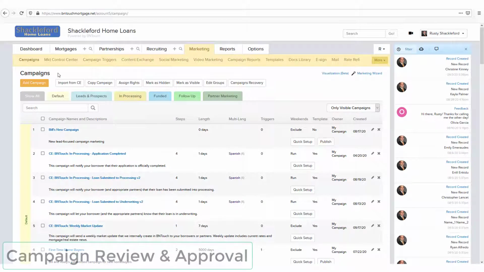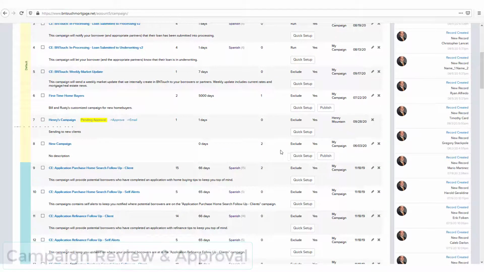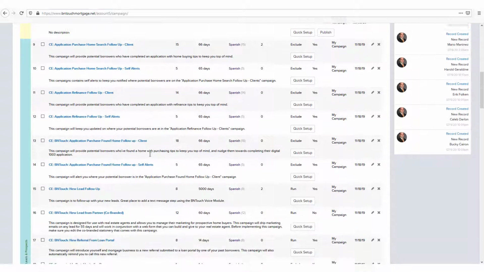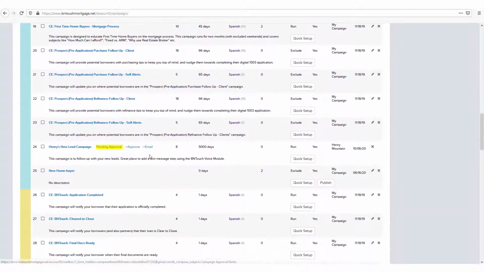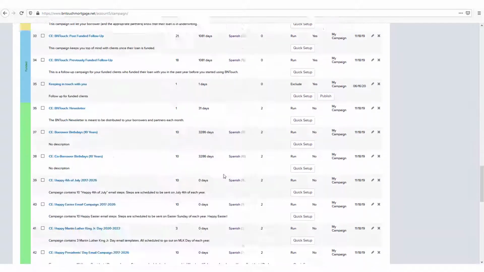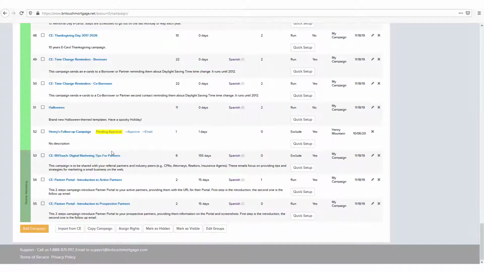For businesses with multiple users that handle marketing material, BNTouch offers the ability for administrative users to hold newly created and edited campaigns for approval before they can be activated. This way, the administrator can review any new material or changes to existing marketing before it is sent to clients